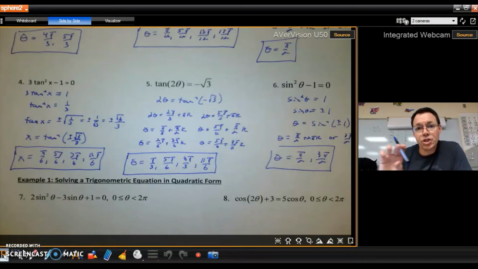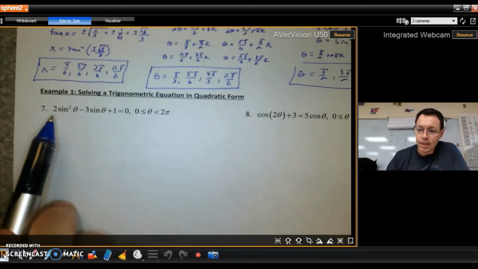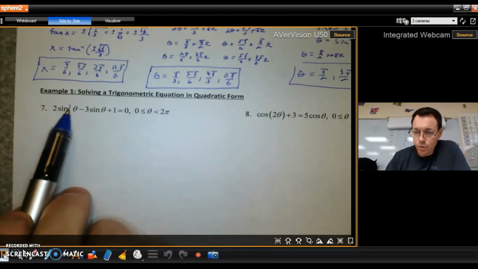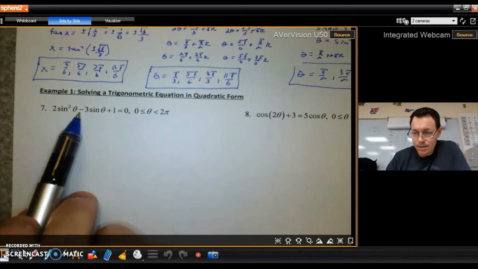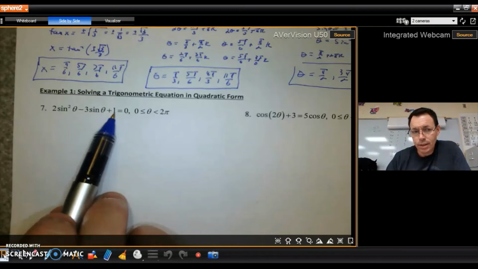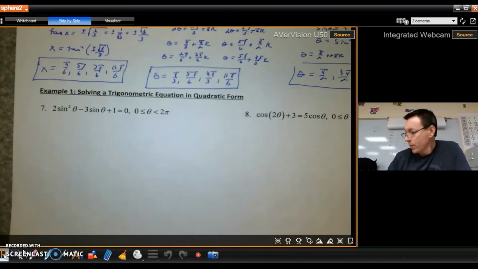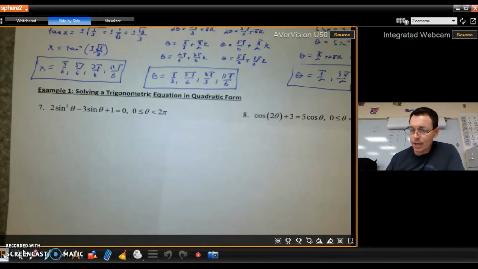But because there was just a sine or just a tangent, we could isolate the tangent, take the square root of both sides, and solve it that way. Well, number 7 is not going to be that way. If you take a look, it's got 2 sine squared of theta minus 3 sine theta, and then plus 1. So when it says quadratic form, what they're saying is this should remind you of